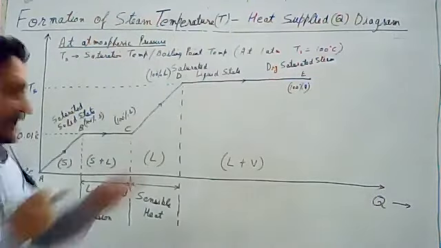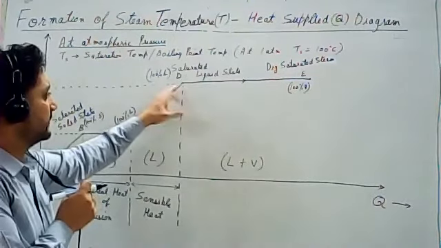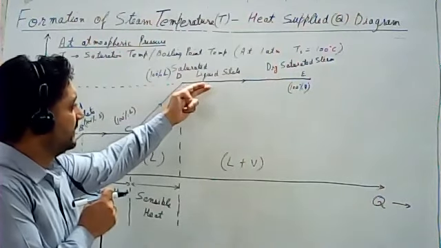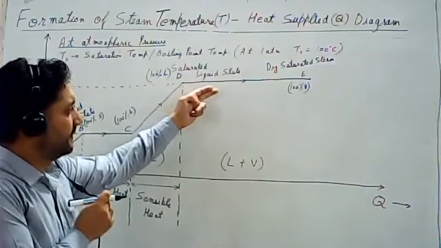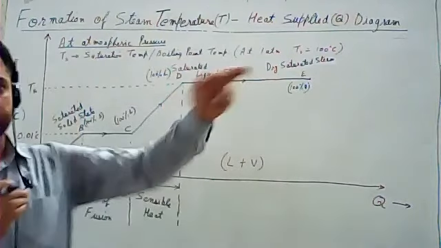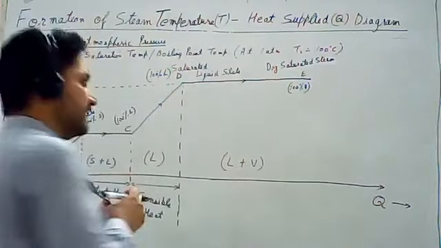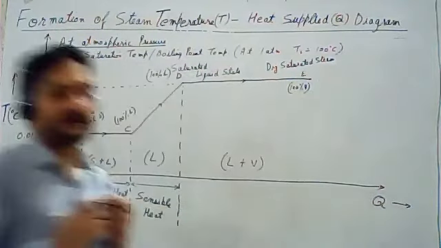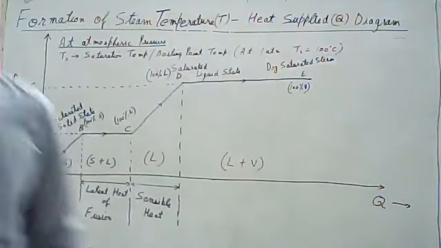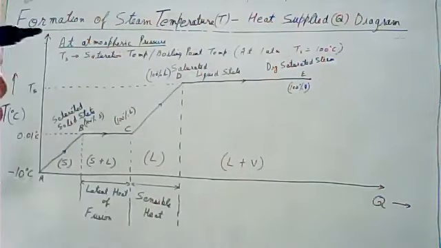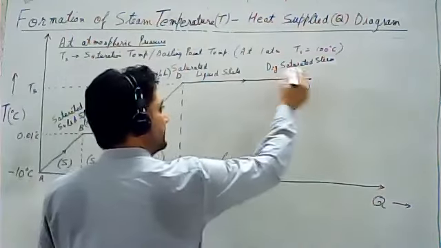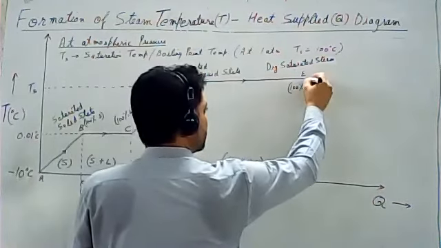So at point D, we have 100% liquid. As I start to move towards E, the liquid percentage will drop and the vapor percentage will start to increase. And as I reach point E, I will have 100% dry vapor. There will be 0% liquid in it. So that E state is known as the dry saturated steam state.